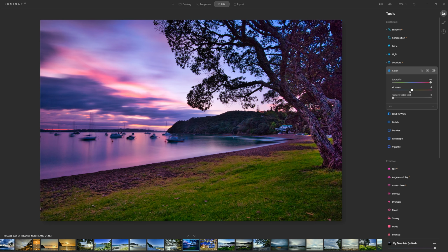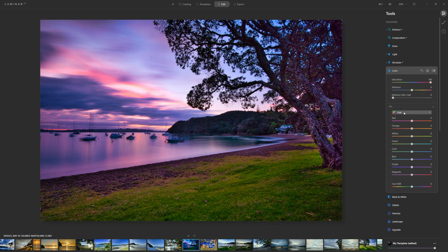If I push the saturation to the right, I'm really enjoying what's going on with this little pink flare through the sky here. That's really nice. But obviously it's overdoing everything else in the image, and I don't really want to do that. And I also don't want to just mask in this area here, because then I'm going to lose control of the greens, because when I drop the HSL bit down here, which stands for hue, saturation and luminance,